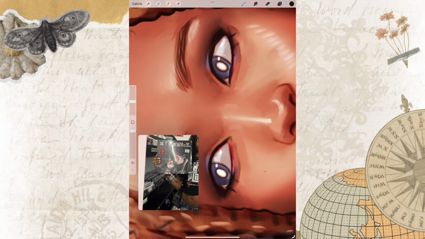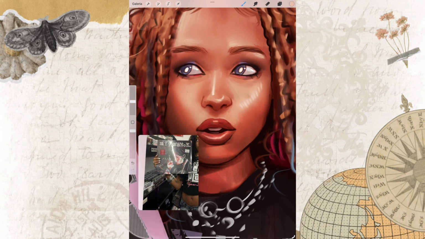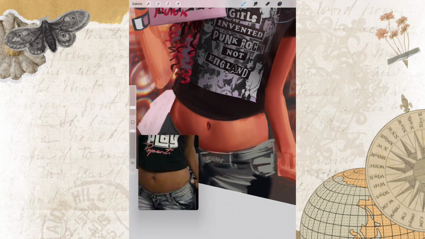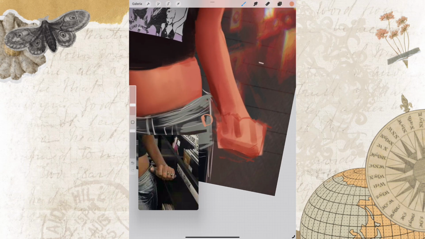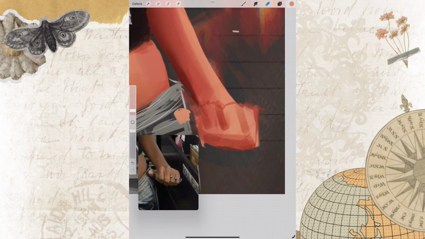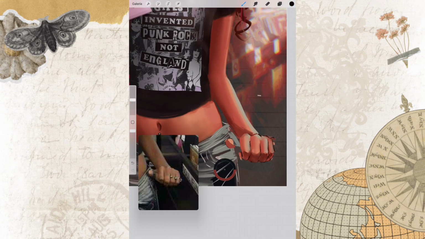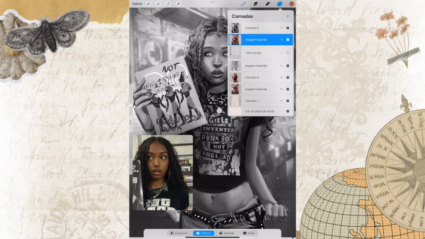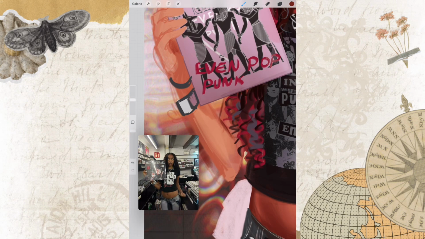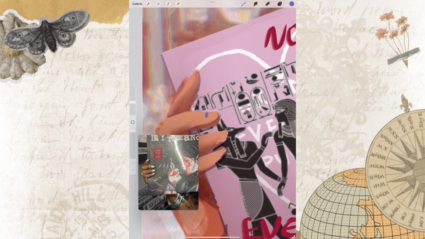analyzing consistencies. For example, I was really bothered by the eyes and fixed them twice in this piece. Then I moved on to rendering the jeans and hands, which were really poorly done. I like to render the hands separately in one go. This is not particularly correct or incorrect, but it's to say you can do with your art however you please and in whatever order you feel like it. After that is all done, be careful to check your values in black and white and see if it reads. After that, you're basically done, but if you want to take an extra step and make your art look more